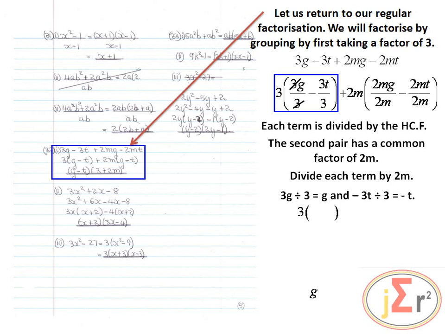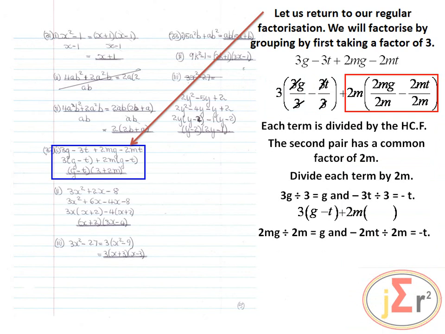Take those out, and we have a negative t left. What do we do? Take out the 2m's there. 2m into 2mg, the 2m's will cancel, and we have g, as we say right here. We also have 2mt divided by 2m. The 2m's will go and the t will remain. Do not forget the negative sign there. Those 2m's are gone and the g remains, and the 2m's are gone, the t remains, accompanied by that negative sign,